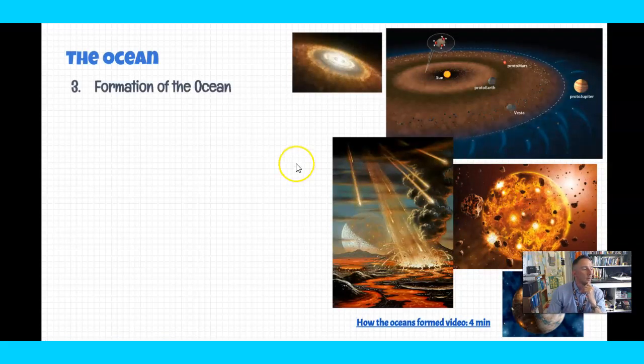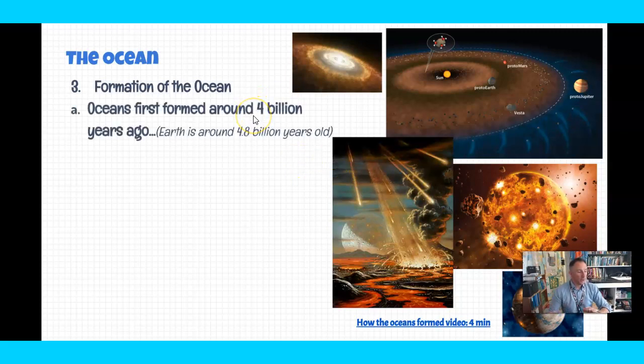Okay, so how did the ocean itself form here on Earth? Why do we have a blue planet, as they call it? Well, oceans first formed around 4 billion years ago. Our planet itself formed around 4.8 billion years ago. And when the planet first formed, this is like what we would call an accretionary stage, when everything is being